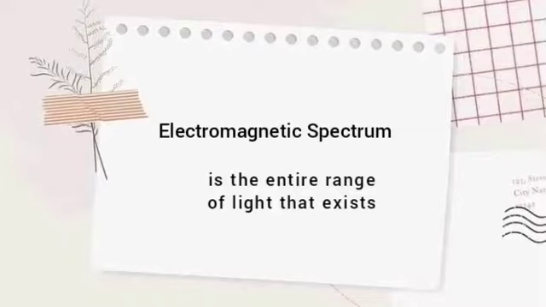When you think of light, you probably think of what your eyes can see. But the light to which our eyes are sensitive is just the beginning. It is the sliver of the total amount of light that surrounds us. The electromagnetic spectrum is the term used by scientists to describe the entire range of light that exists. From radio waves to gamma rays, most of the light in the universe is in fact invisible to us.